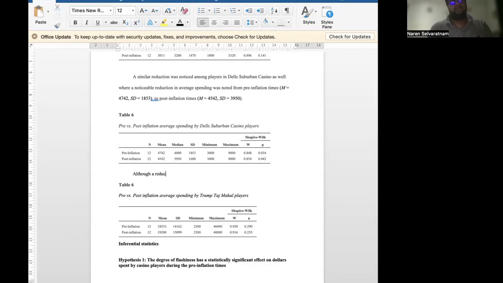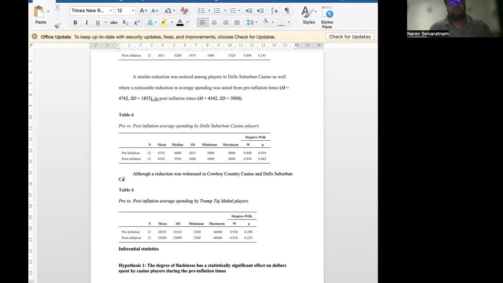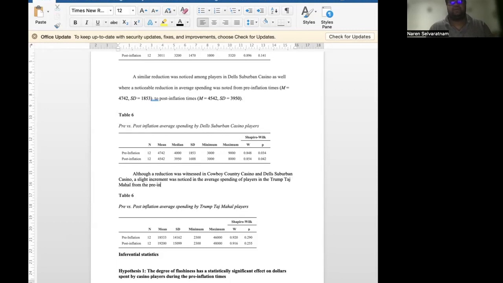Although reduction was witnessed in cowboy country casinos and the suburban casino, a slight increment was noticed in the average spending of players in the Trump Taj Mahal from the pre-inflation times to post-inflation times. Now once again this has to be double spaced,